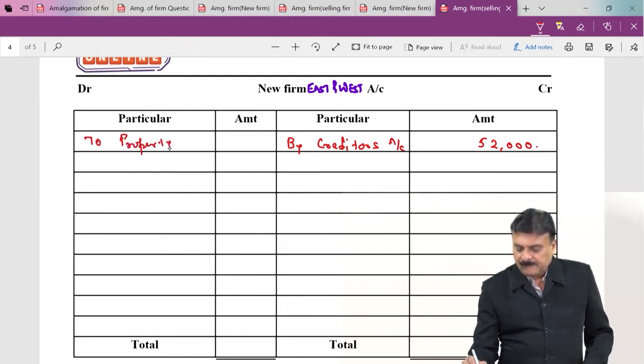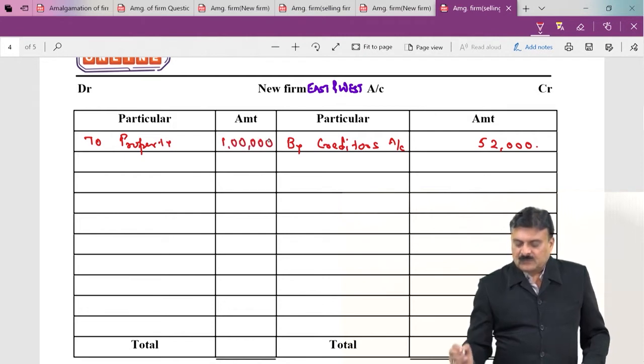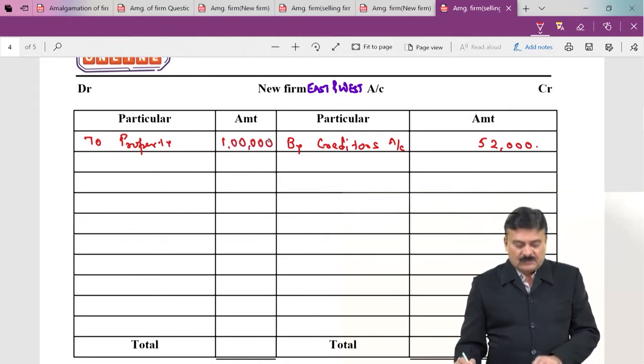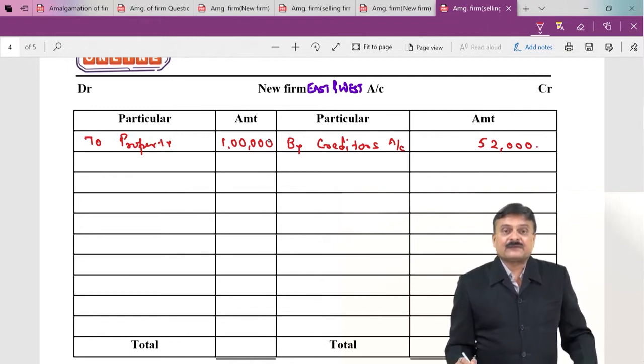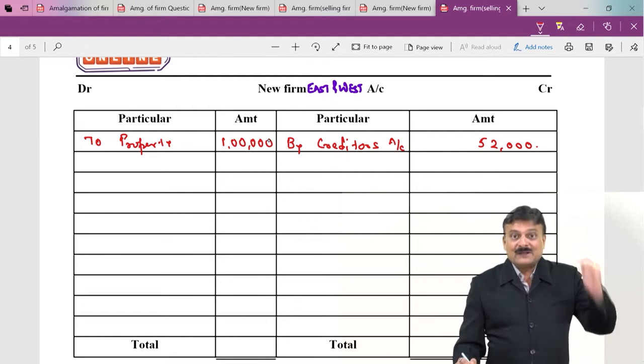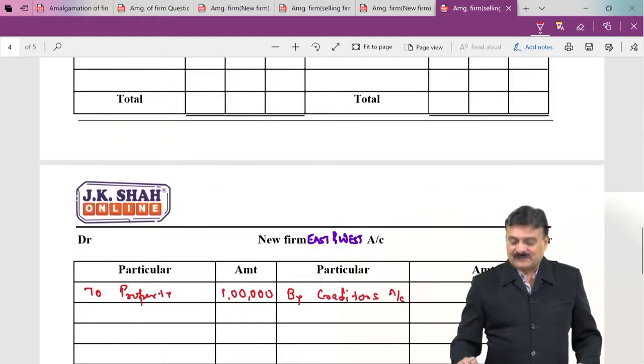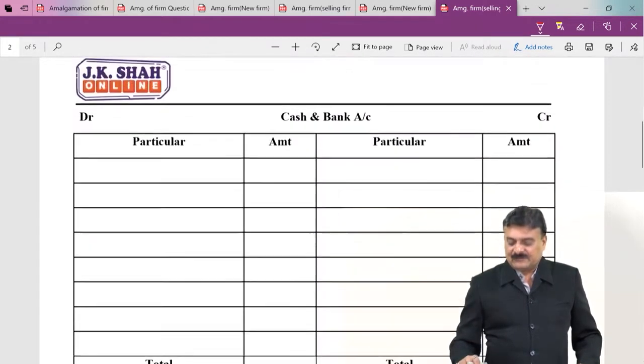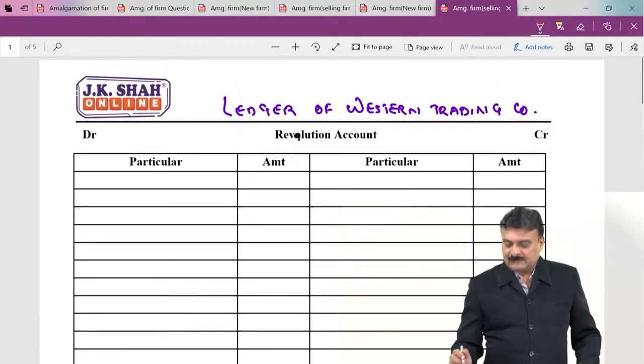property amount 1 lakh. Book value was how much? 74,000. Agreed value is 1 lakh. That means going up by 26,000. There is a gain for us. So, revaluation credit side by